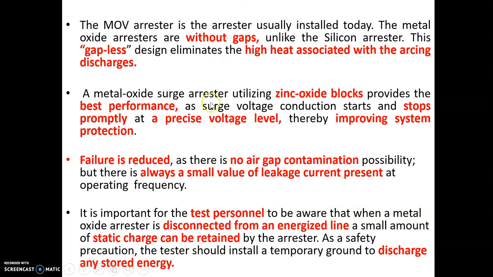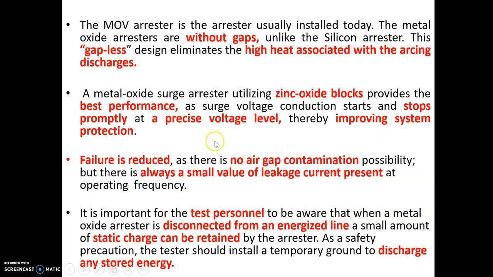So a ZnO arrestor can be used as a gapless arrester. So there are gapless arresters and gap type arresters. In the gapless arresters, you can use material made up of metal oxide, because metal oxide has very high resistance, and you do not connect that resistance in series with a gap. The nonlinear resistance made up of metal oxide by itself is sufficient to operate, and the gap is removed. So what are the drawbacks of the gap? Those are also eliminated in the metal oxide arrester, and therefore the metal oxide arrester is preferred over the thyrite type or valve type arrestor.